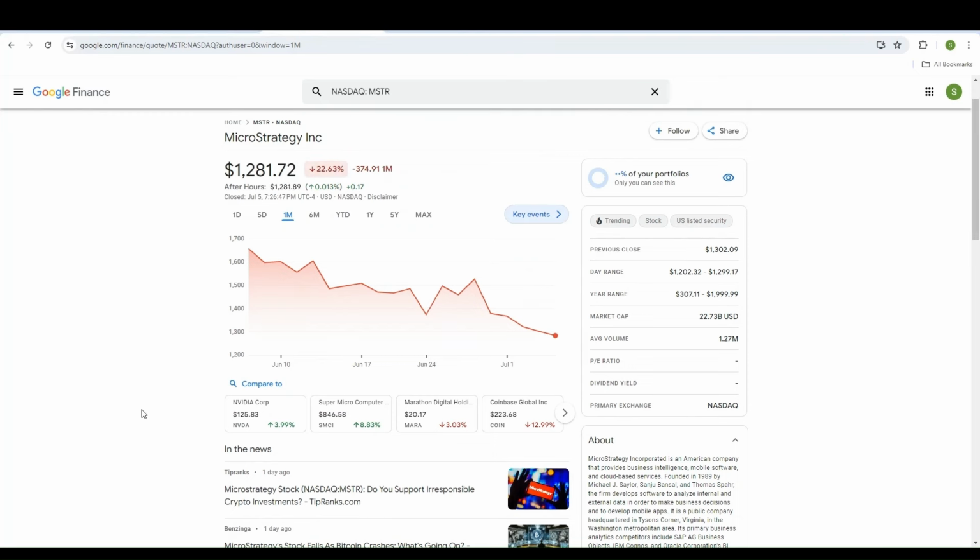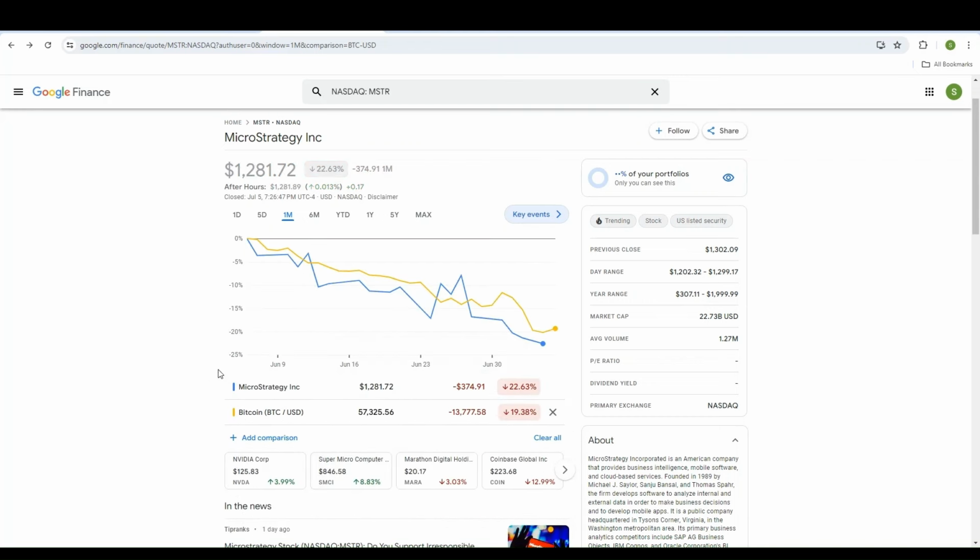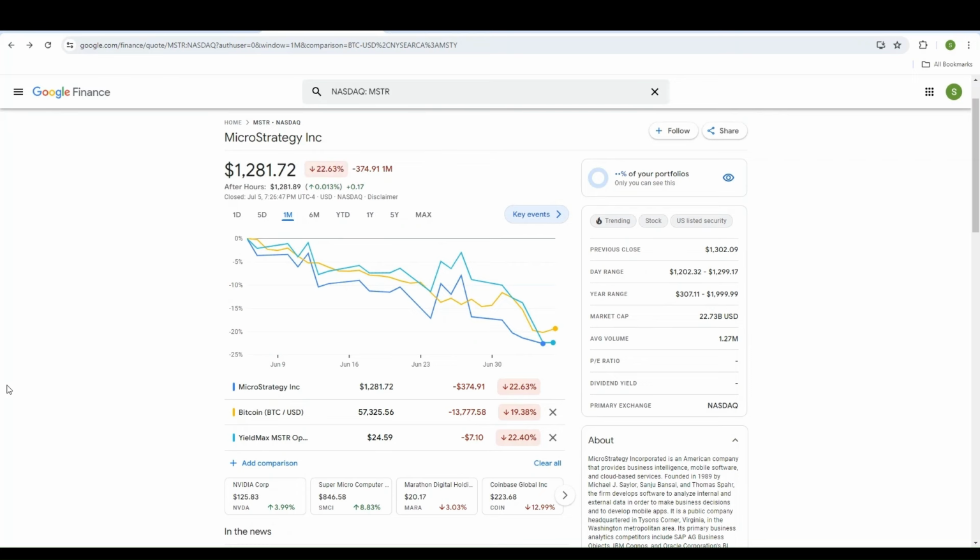All right, as I just said, MicroStrategy is just a proxy for Bitcoin. So let's compare that. Let me add the Bitcoin, BTC. Okay, now you can see that, right? As Bitcoin moves, so does MicroStrategy. Bitcoin goes down, MicroStrategy goes down. Bitcoin goes up, MicroStrategy goes up. Now, the YieldMax ETF for MicroStrategy is MSTY. Now let's compare all these together. Now you can see that all three move in tandem with each other. So if you want exposure to Bitcoin, MSTY is a good way to play it without risking too